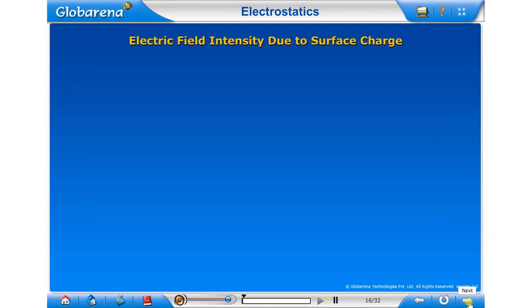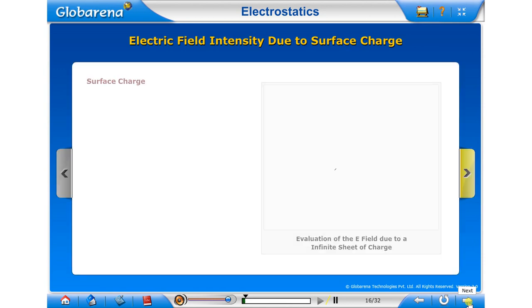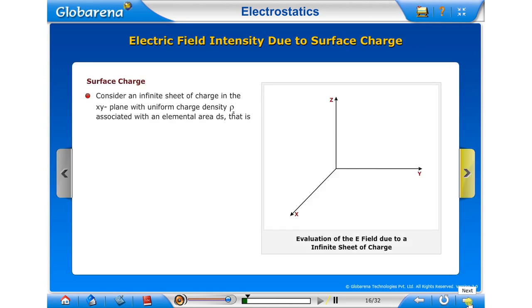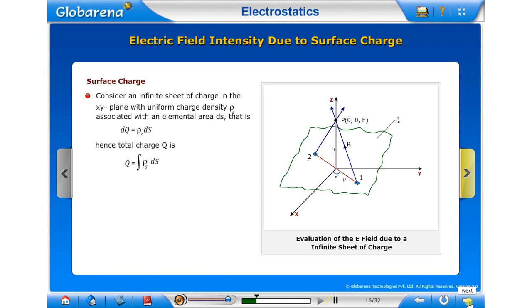Electric field intensity due to surface charge. Consider an infinite sheet of charge in the xy plane with uniform charge density rho S associated with an elemental area dS, that is dq = rho S dS. Hence total charge q is equal to integral of rho S dS. The contribution of the E field at point P(0, 0, h) by the elemental surface 1 is